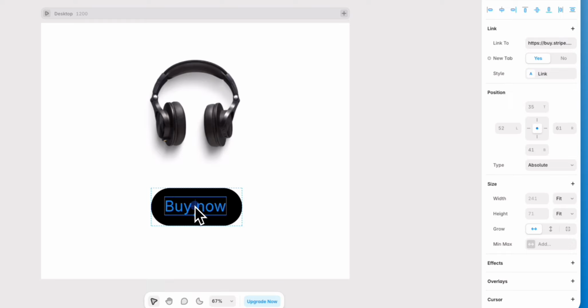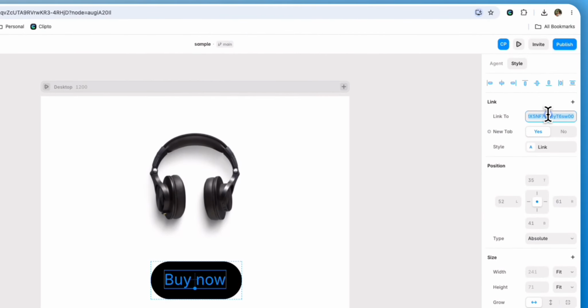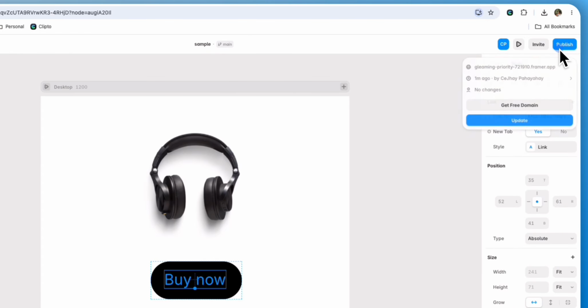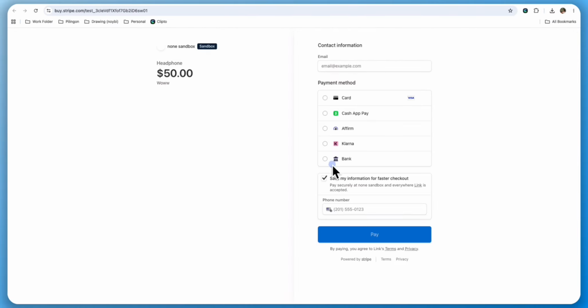Select the buy now button and then find the link section in the right side panel and paste the payment link. Make sure the option to open the link in a new tab is enabled so the payment page does not replace your website. And finally, publish or update your Framer website and test the button. When a visitor clicks buy now, they will be taken to the payment page where they can enter their information